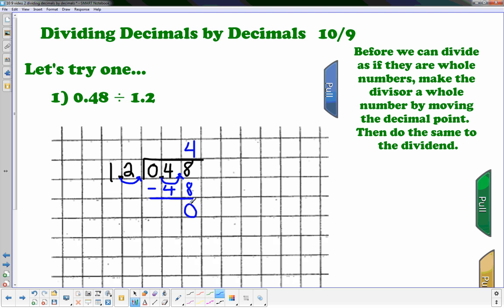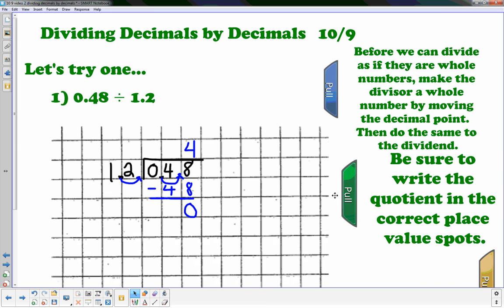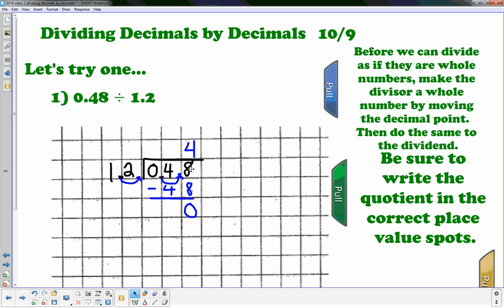Subtract, 0. Now remember, it's important to write the quotient in the correct place value spots. So that 4 goes above the 8, since I did 48 divided by 12. Then, just like we've done before, I'm going to move that decimal point straight up. My answer is